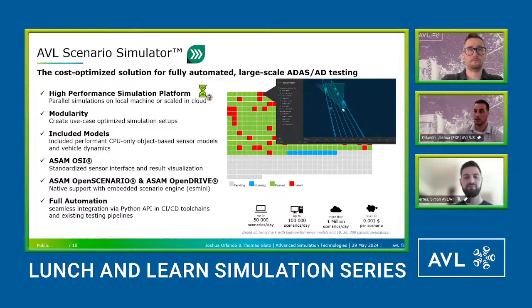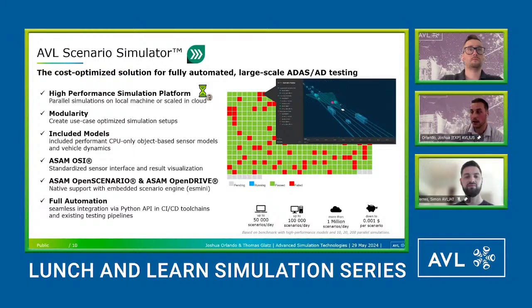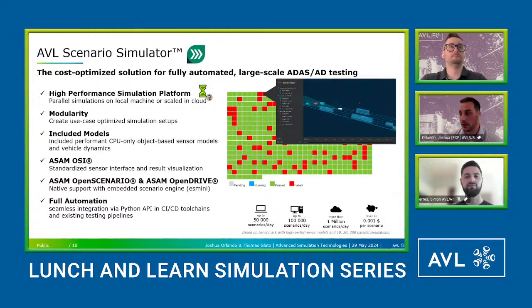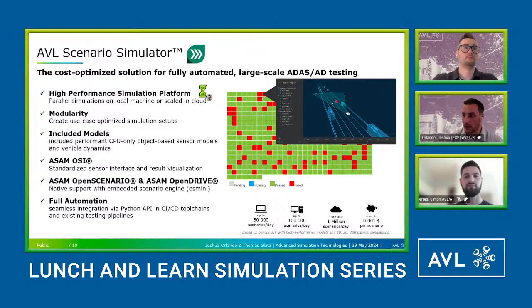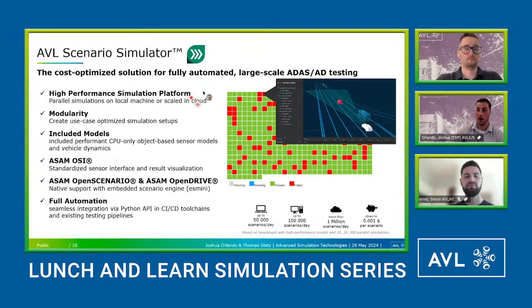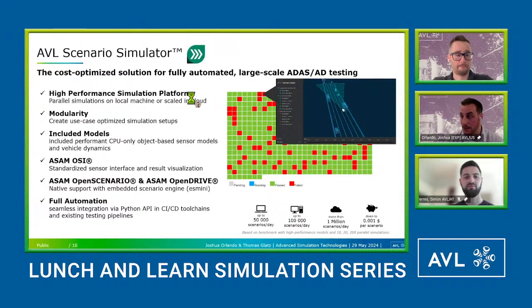It's OSI compliant, in terms of ASAM Open Simulation Interface. It's built on the ASAM OpenSCENARIO standard and is compliant with ASAM OpenSCENARIO 1.x as well as ASAM OpenDRIVE. Additionally, we have full automation towards CI/CD pipelines, and we do seamless integration with the Python API for your CI/CD tool chains.